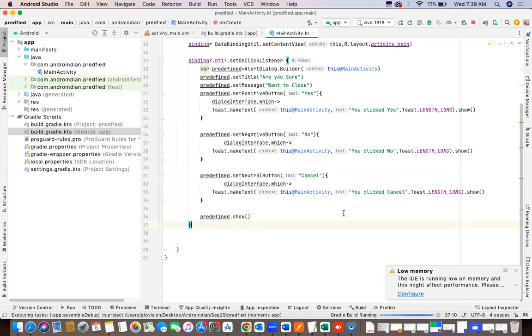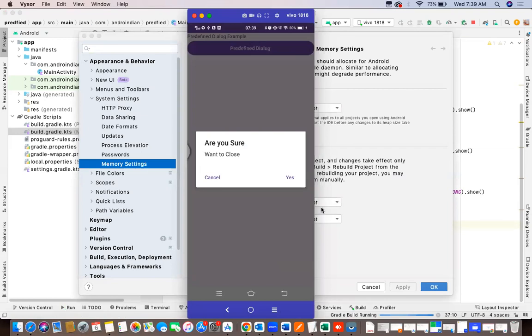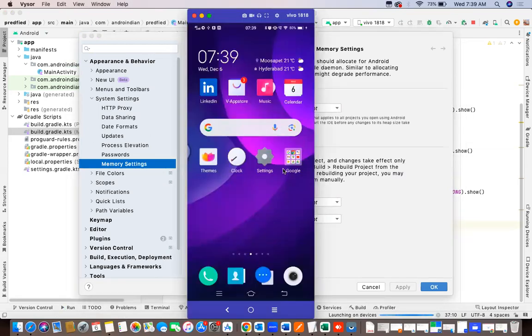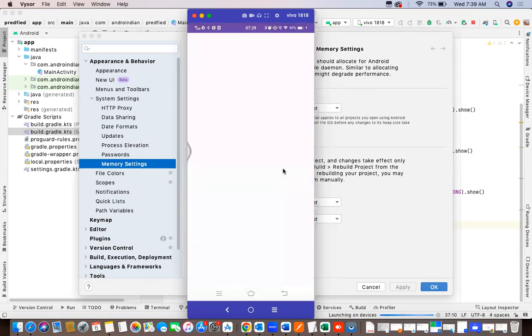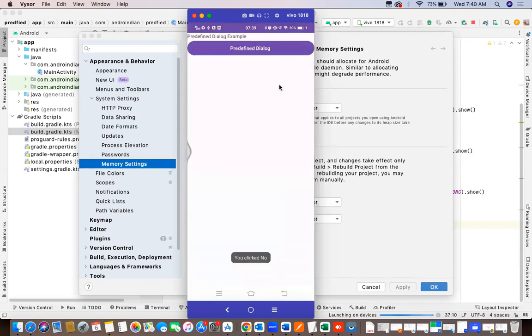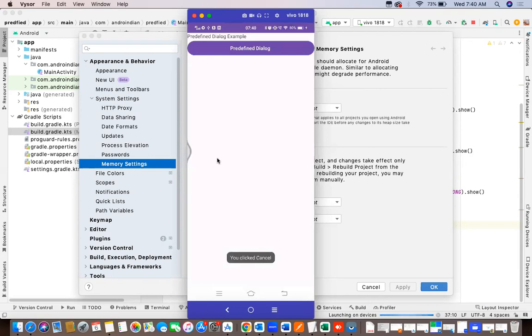Now we will be able to see the three buttons here. It is launching, and you will see the output now. See, two text views and three buttons. You click on no, you click yes, and you click cancel. Like this it is. So this is about the